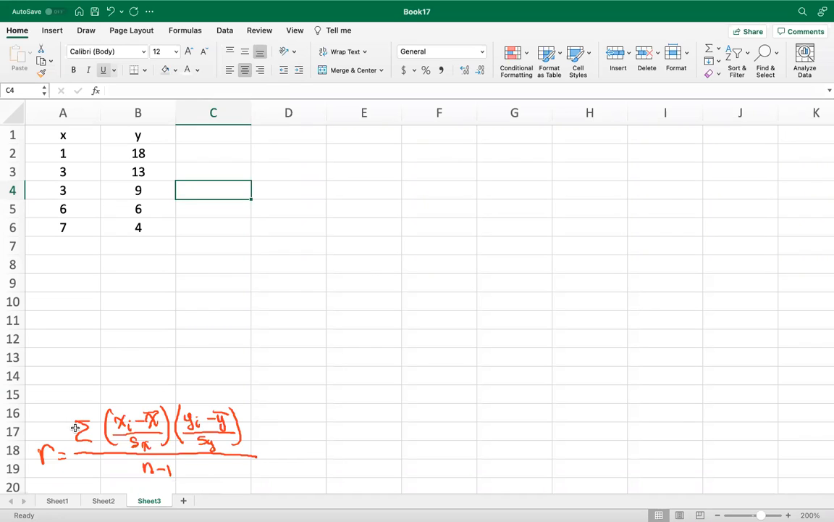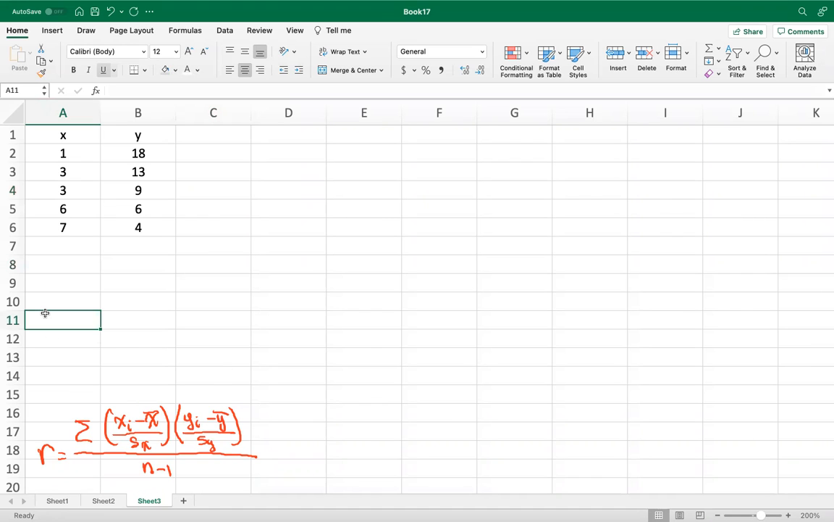Since we have all of these, x sub i, we have those already. That's all of the x values. Y sub i, we have all of those, all the y values. X bar, we have to figure out what x bar is. That's going to be the average of all of the x values. And we're going to find the standard deviation of all the x values. So looking at that first,